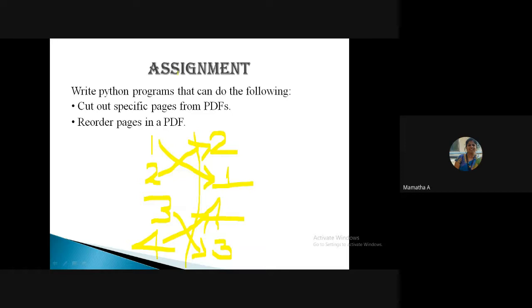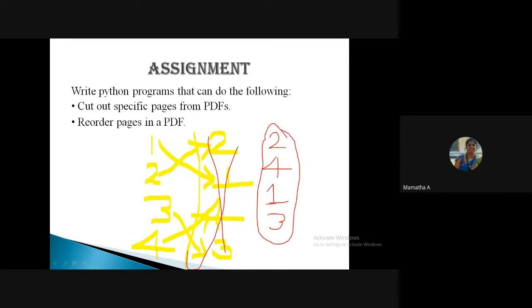Probably ordering this way is not possible. No, this cannot be done. Or else you can do it like this: rather than this, add all the even pages first, 2, 4, and then add your odd pages, like this, 2, 4, 1, 3. So like this ordering you can do it. This may not be possible if the number of pages is huge; if the pages are fewer, you can do it. Try doing this. This you can do.